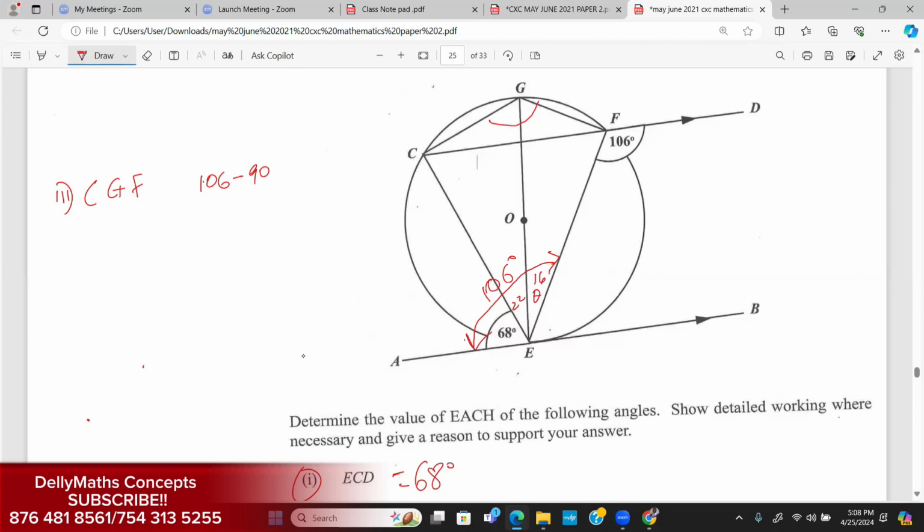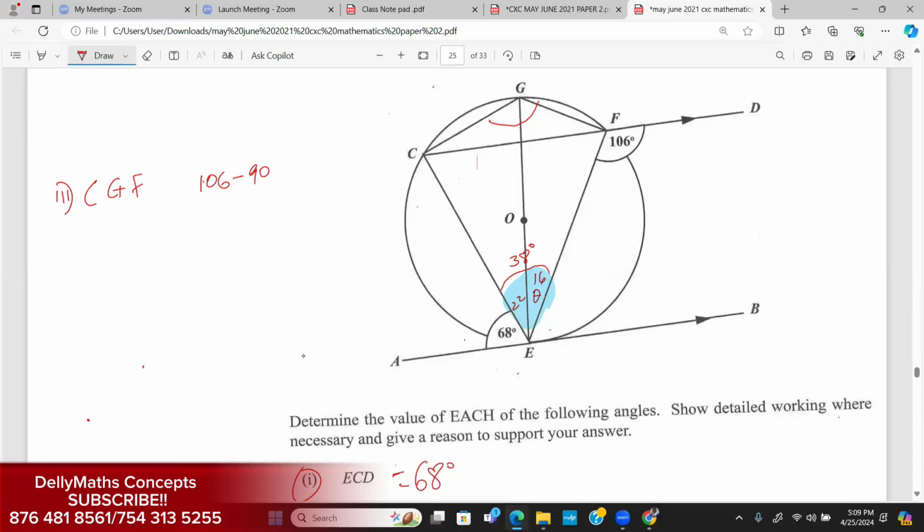All right. So because that part is 16 right there, I now have all of this angle right here, which is 16 and 22. So let me take off about this just to clear up stuff. So now we know that that is 16 and 22. So together, this is about 38 right here. So this is 38. So now that I know that that angle at E is 38,